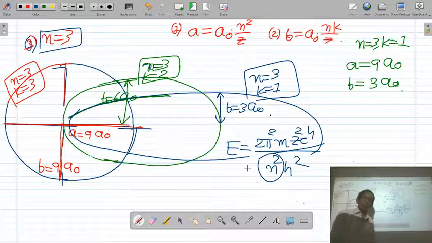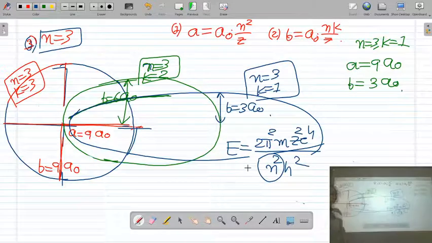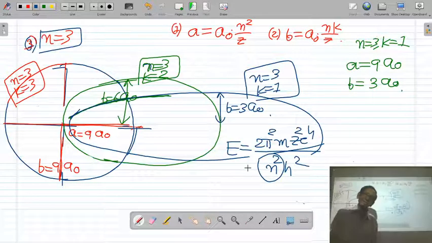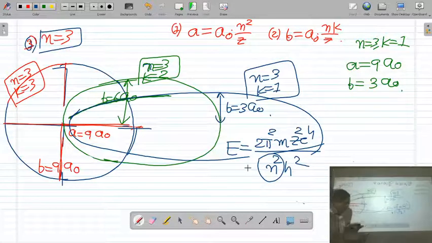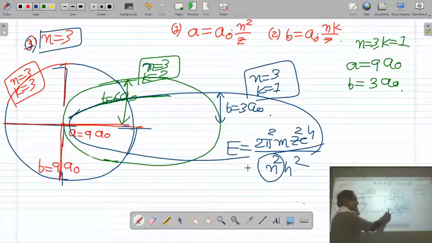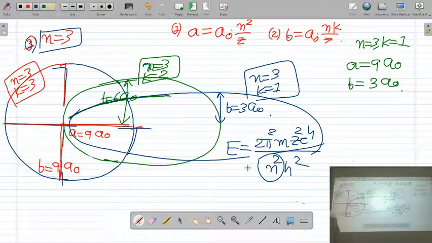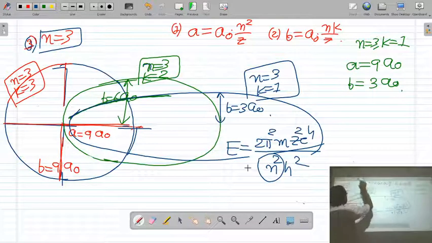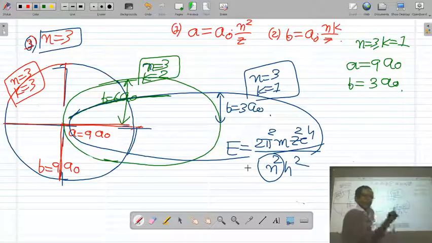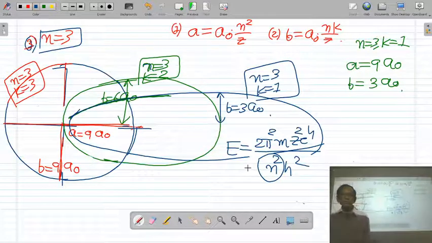So we stop here. In this Sommerfeld model, we have discussed the elliptical orbit, and in the last step we have drawn the elliptical orbits of the electron for n equal to 1, 2 and 3. But you know very well that the energy of the electron depends only on the principal quantum number n, and does not depend on the azimuthal quantum number k. So for all these three orbits n is same, so energy will remain same. So energy is not going to split. So splitting of the spectral line cannot be explained with the Sommerfeld model by considering the elliptical orbit.